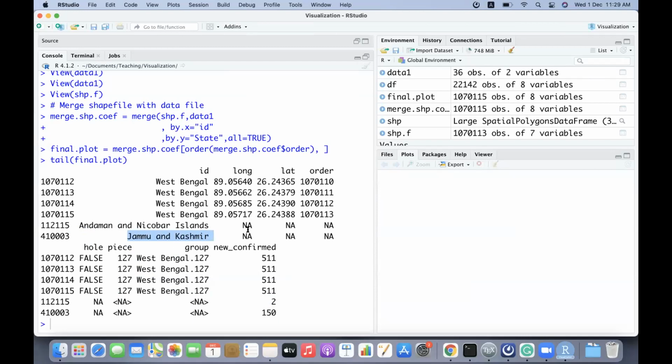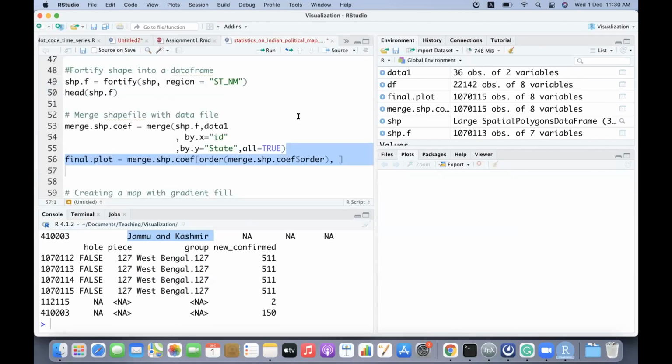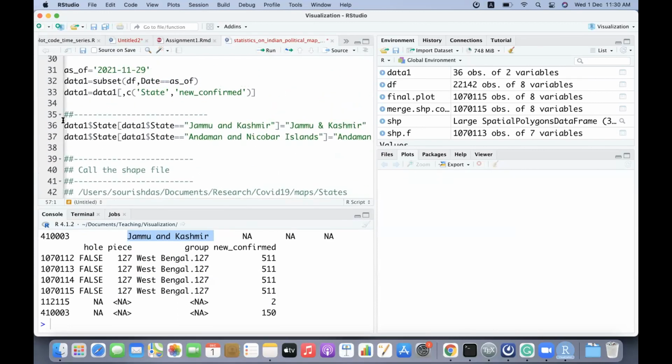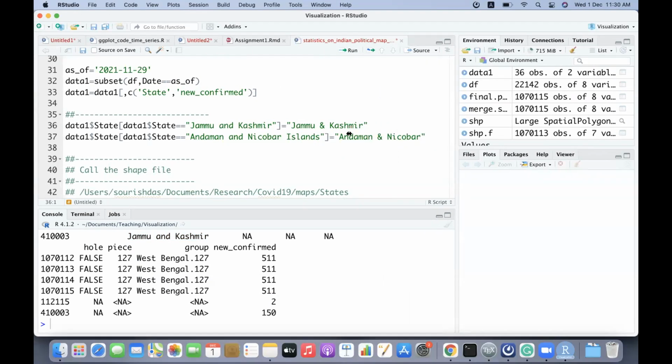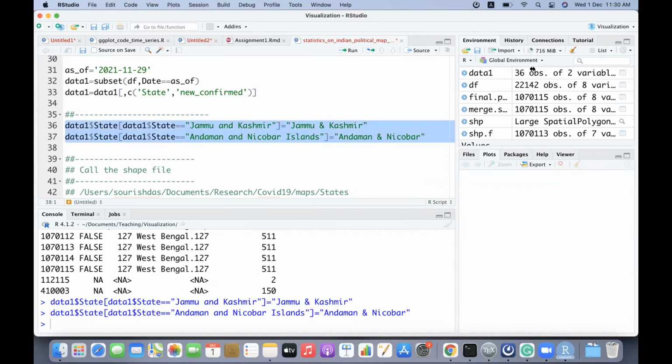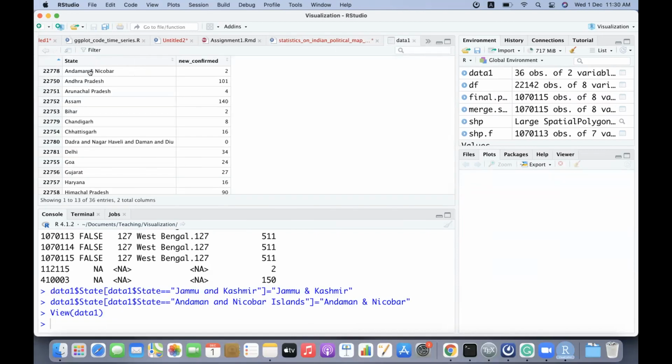For Andaman and Nicobar Island and Jammu and Kashmir, the ampersand meant the exact ID was not matching, so matching was not correct. But for other cases, it was perfectly fine. So I have to do this a little bit manually. Go check Jammu and Kashmir and replace it with Jammu ampersand Kashmir, and Andaman and Nicobar Island with Andaman ampersand Nicobar. Now in the data you can see Andaman and Nicobar and Jammu and Kashmir.